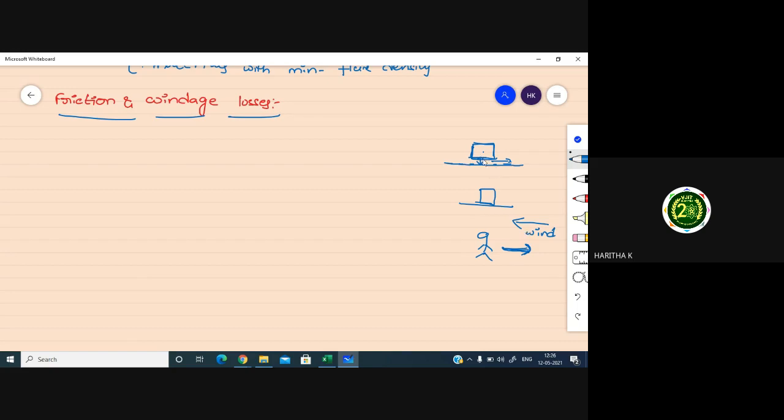Here between an object and a surface, there exists a force. But here, it is between an object and air: the friction between the rotor and air, rotor is nothing but armature. The frictional force between a rotor and air is nothing but the windage loss. So due to that, we will get the windage loss.